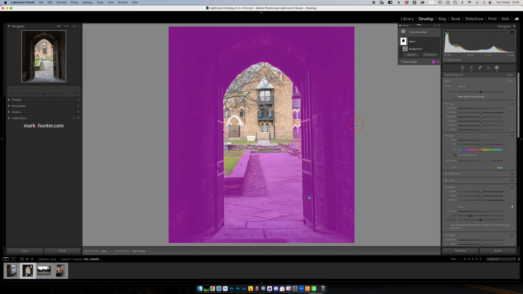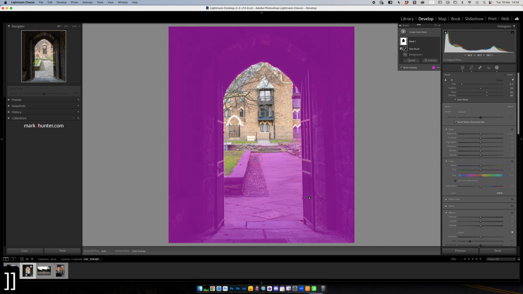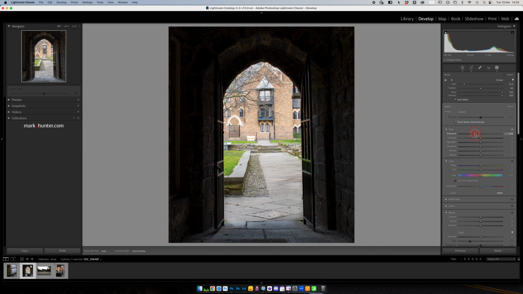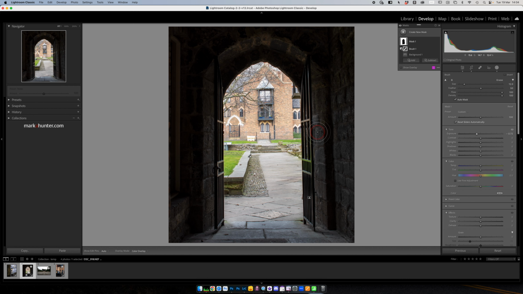So I'm going to subtract with my brush, make my brush a bit bigger. I'm just going to bring that out, get rid of that, get the flow and density back up again. Not really interested in anything going on out there for now. And then I'm just going to bring my exposure down. I like the darkness in there. In fact, I like the fact that you start to see the stone, but I don't want to see it